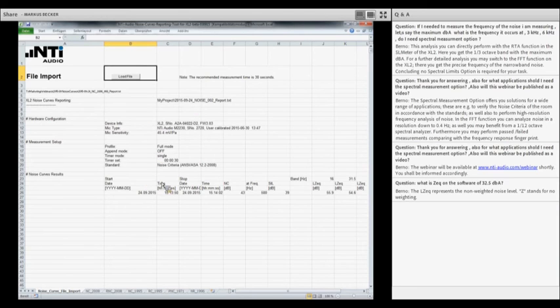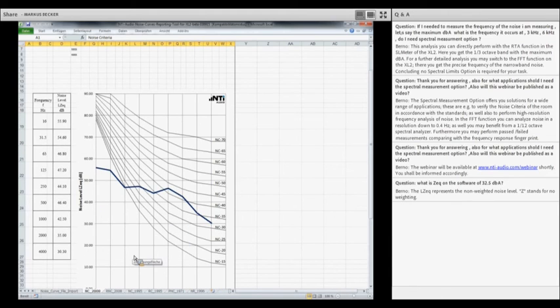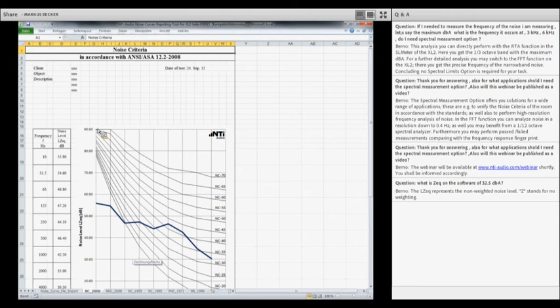Here you see all the detailed information, the serial number of the XL2 and of the microphone that has been used, and so on and so forth. You see here the measurement standard that was applied, the noise criteria 2008, and then by going down here to the corresponding tab, noise NC 2008, I see the acquired result graphically plotted into this noise curve scheme. Now I can edit the information about the name of my client and where I have executed this measurement and so on. And in this way, I can very easily create a nice report for my measurement.